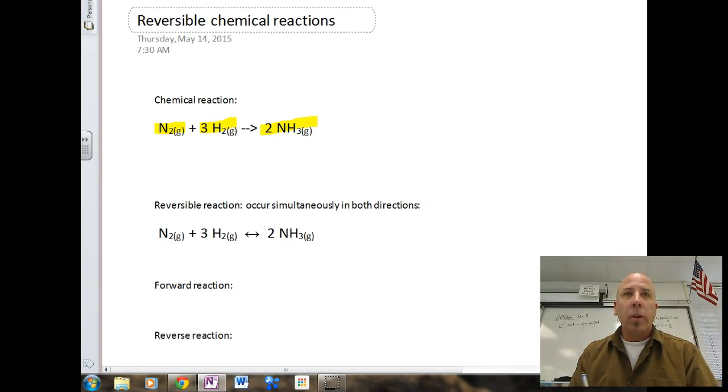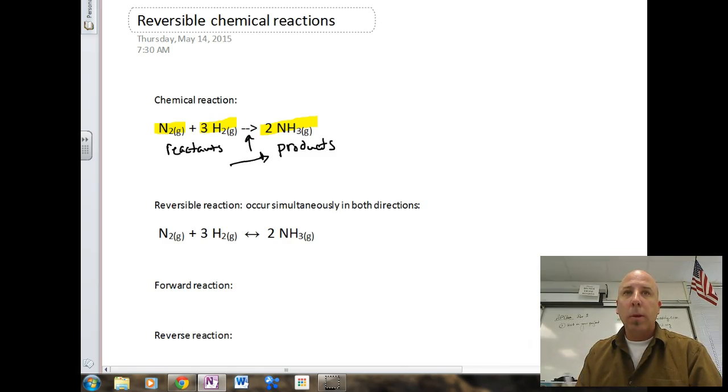In this reaction, just as a reminder, we would call everything to the left side of the arrow the reactants, and everything to the right side of the arrow would be called the products. As this reaction is written, we say that the reactants are reacting to form products. This reaction, we say, is shifting in the forward direction,